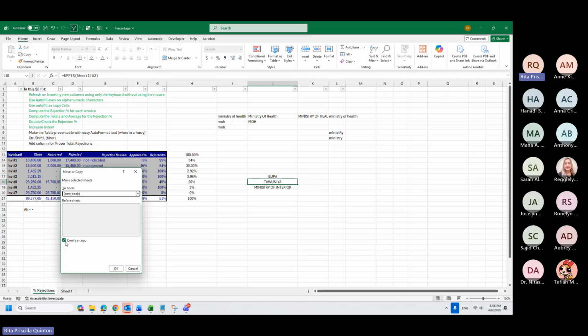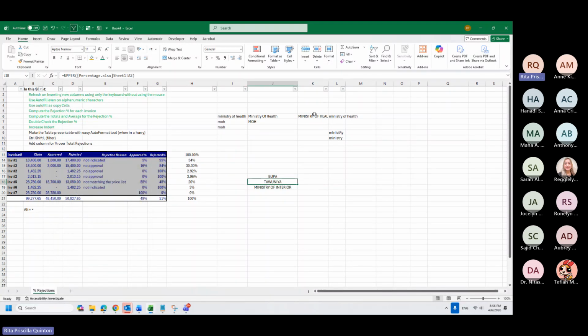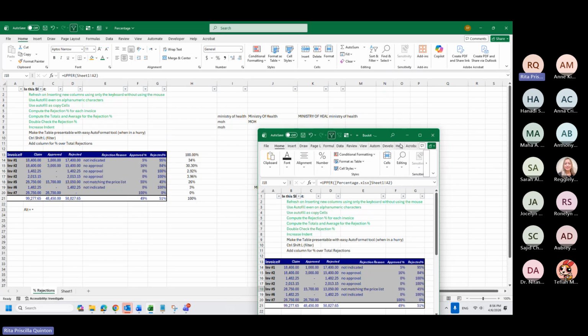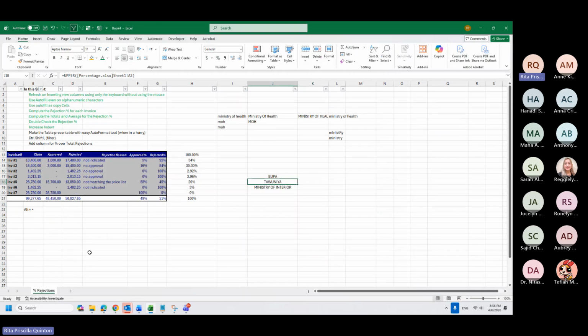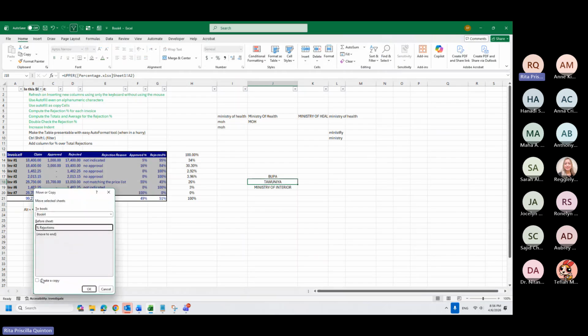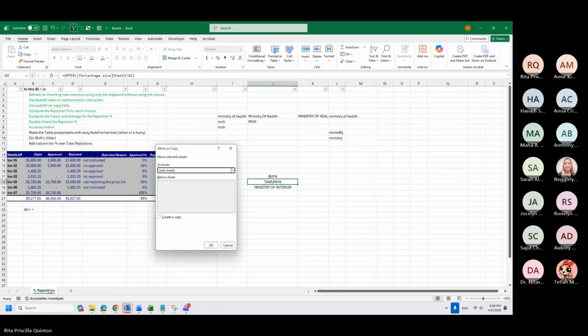But if you put here new book and tick this, it will create a new file for you, Book 4, new book, with the same tab. Now I will minimize this and you will see that it's still existing in the percentage file. But if you move or copy and then just move it somewhere, you will lose this if you do not tick create a copy.